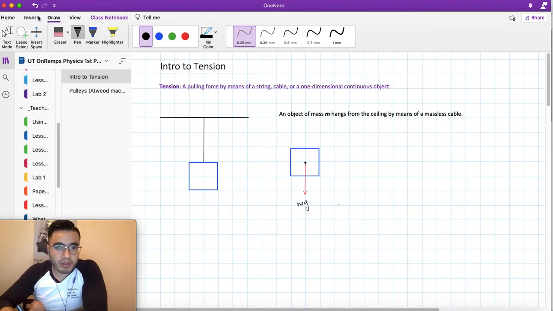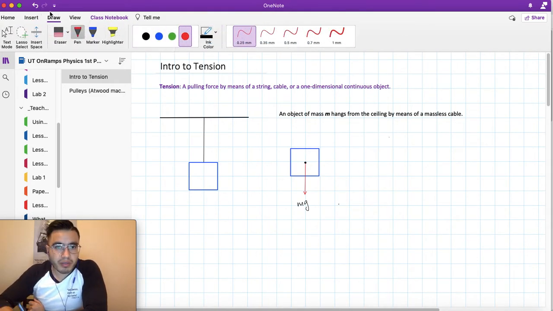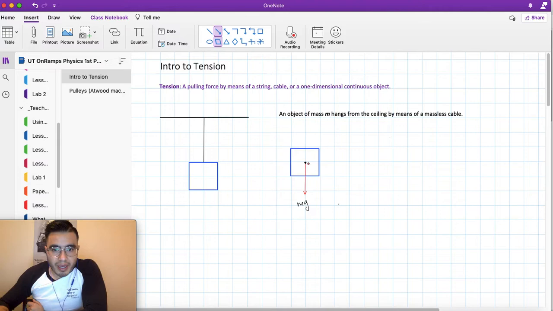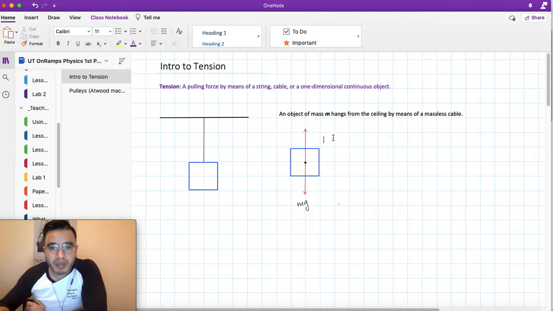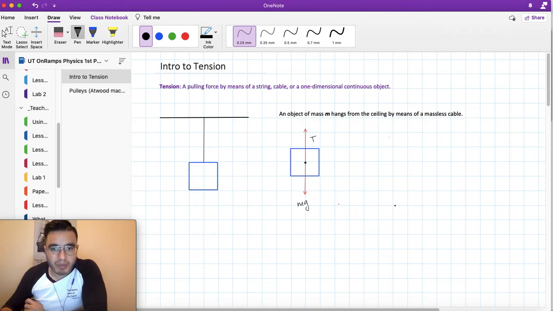It's a force. So let's draw it. We have the force equal in magnitude but opposite in direction. So let's make sure it's equal magnitude, opposite in direction. There you go, that's pretty good. And we label it as tension, so just capital T. And that's it. We have no other forces present acting on our object.